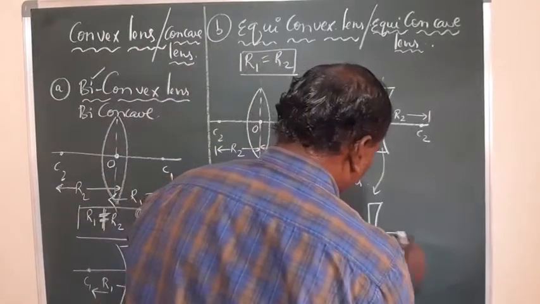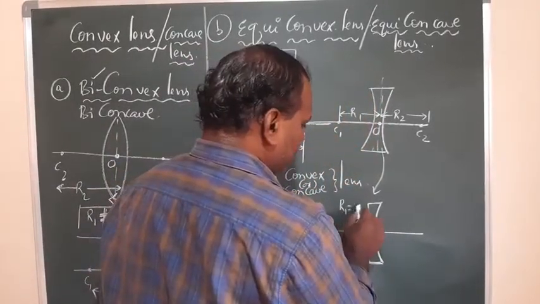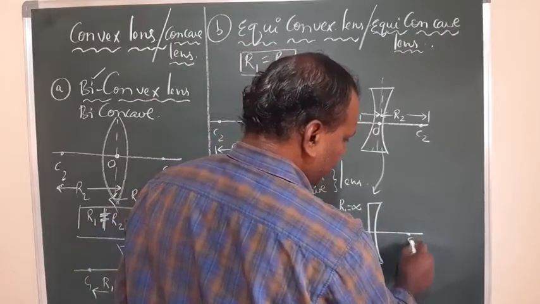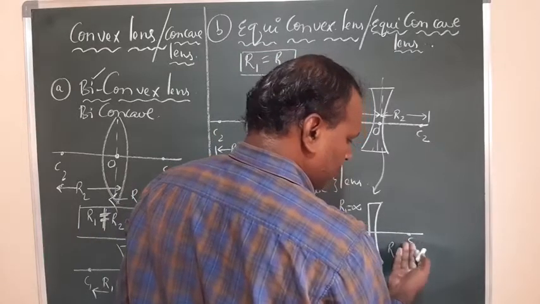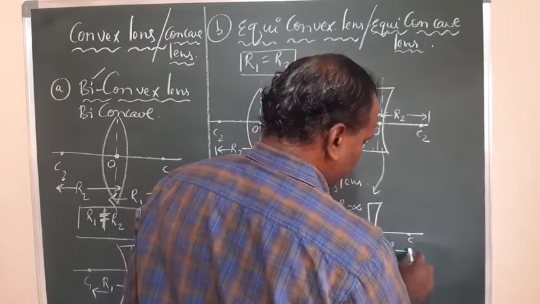And again for this one, this is the first surface. For this, our radius of curvature is infinity. This is the other surface. On this side, you can observe the center of curvature. For this curve, the radius of curvature is R2, but I am writing R2 as R itself. This is what you can observe. It is the radius of curvature.